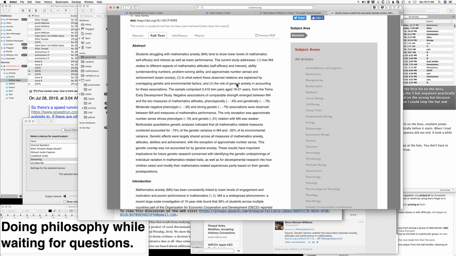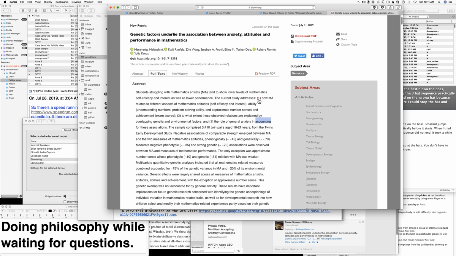And 3, "the role of general anxiety in accounting for these associations." So they keep changing words. That's something I really don't like. If you mean the same concept every time, you should use the same word. So they use association,